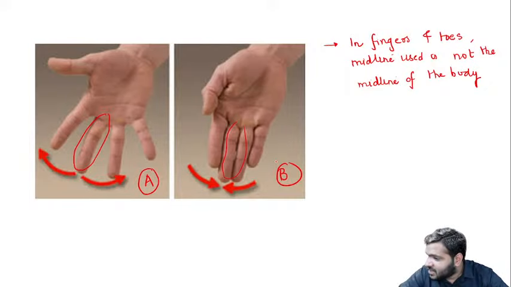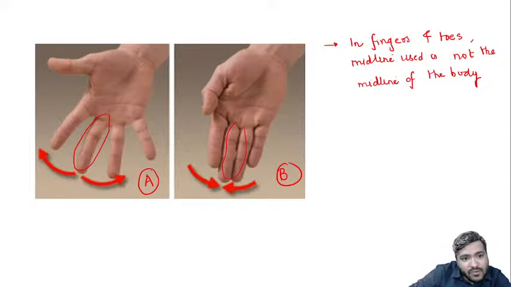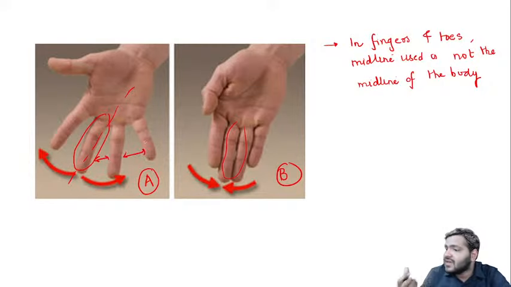A is abduction. Very good. A adduction नहीं हो सकता राजे. Prakshit, A couldn't be adduction because it is going away from the midline. देखो ना, it is going away from the center. So it will be abduction, taking something away. Okay, A is abduction. Yes, guys, A is abduction,